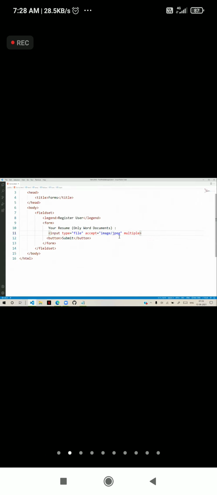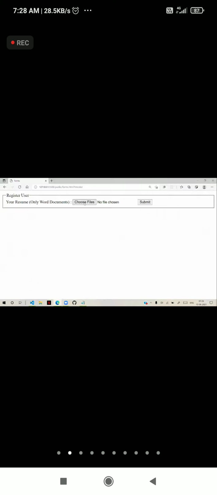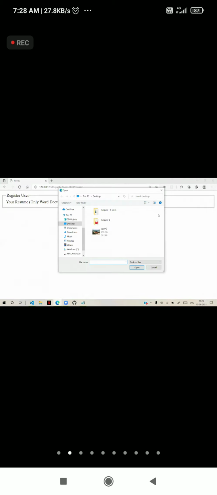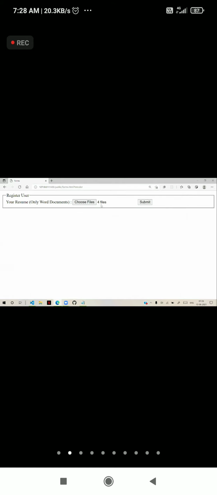So this multiple attribute allows you to select multiple files. Now browse and you can choose multiple files with the control key or shift key, and open, and you can see 4 files will be there. And when I submit, those 4 files will be submitted.